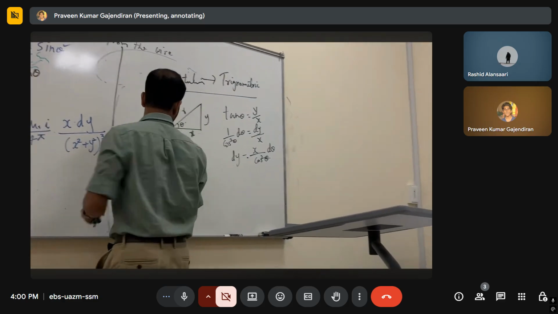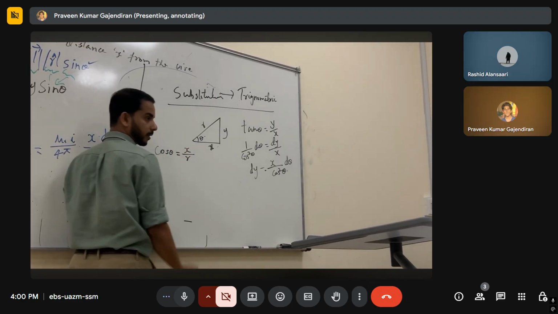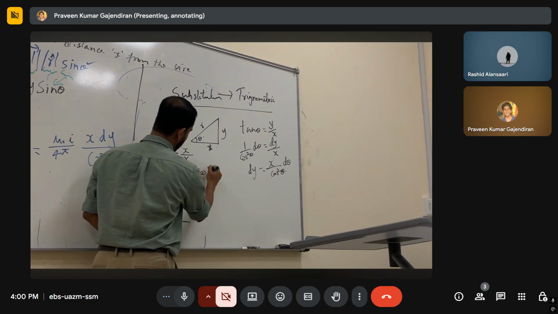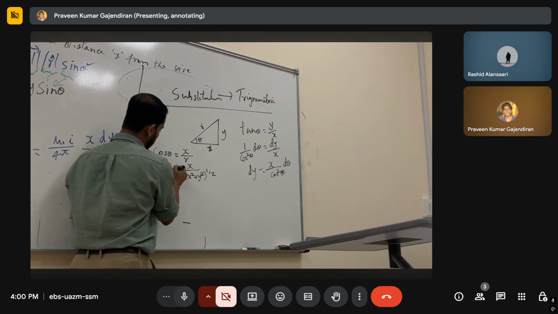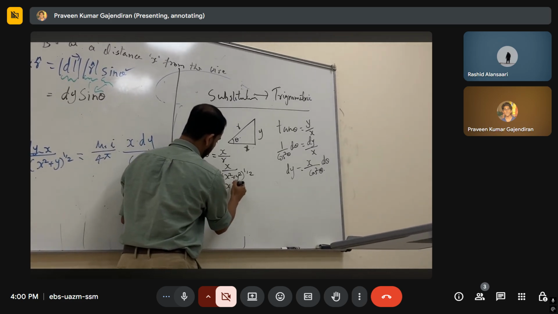From this or from that one? The cosine theta will be x over r, right? What is r basically? X over x square plus y square half, right? And most of you got confusion with this one. Just remember that if you cube this function,